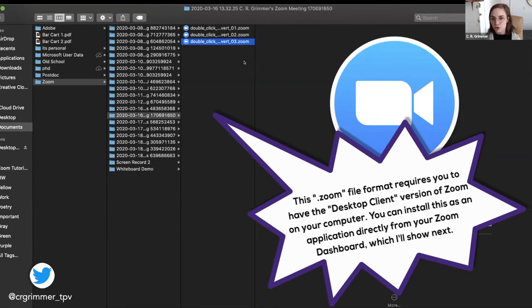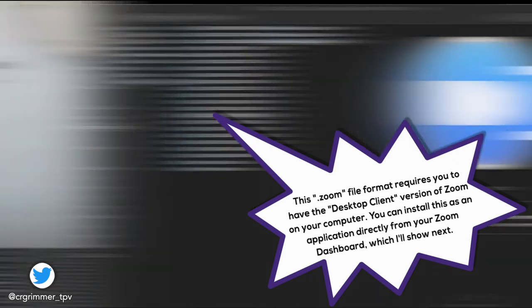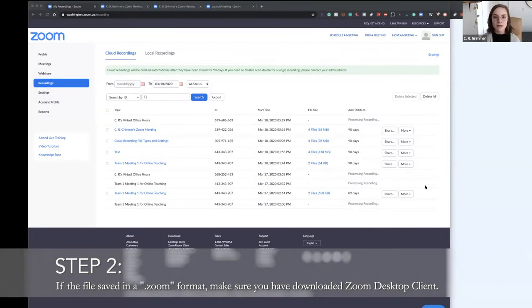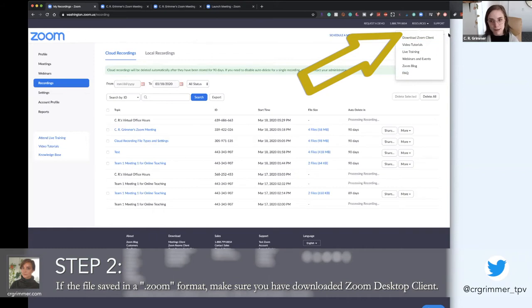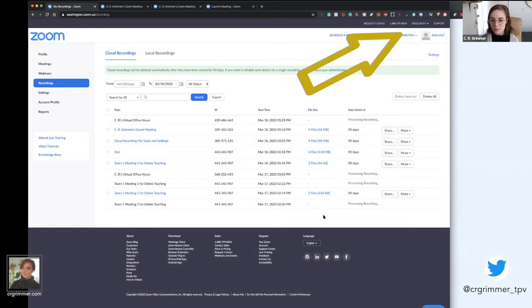I'll share with you really quickly exactly where that is, right? So if we're in here and you want to have this set up on your own computer so that you can do it locally, you would want to go up to Resources and click Download Zoom Client. By the way, here's where you'll find many more tutorials, and get it set up on your desktop. Let's hop back over to the Finder window so I can talk about why you need that.